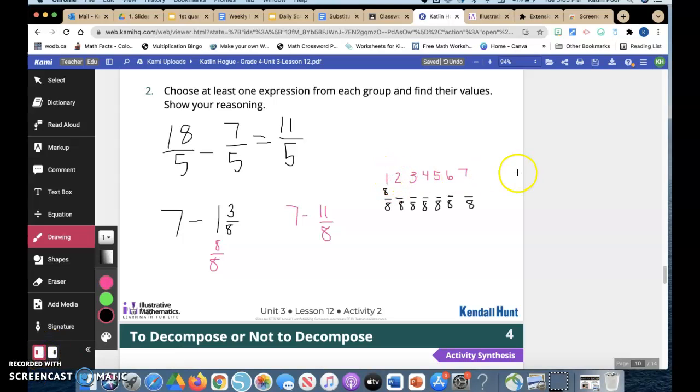Remember last week we talked about taking our whole numbers and changing them into fractions. So let's do that right now. 1 whole is equivalent to 8/8. So let's count by 8s. Ready? 8, 16, 24, 32, 40, 48, 56. So, 7 is equivalent to 56/8. 4/8. In my next